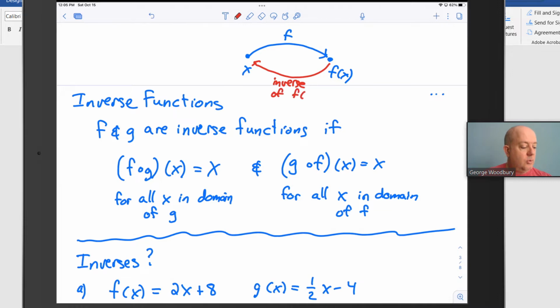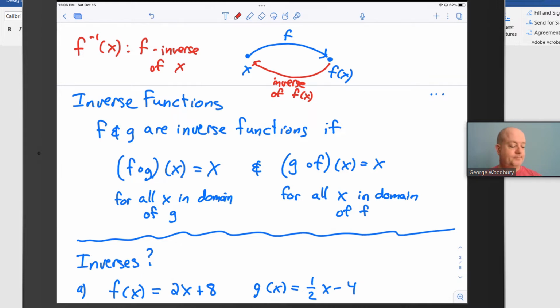And we have notation for that. We write that as f with what looks like an exponent of -1. That stands for f inverse of x. And again, the idea is it basically undoes what the first function does for every value of x in the